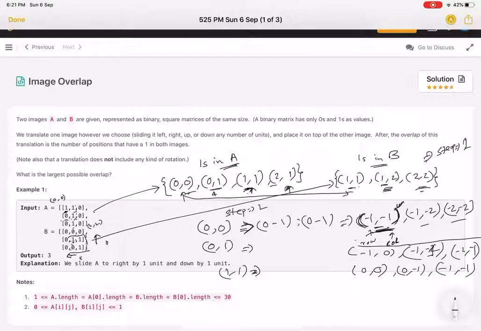Then let's quickly do it for this one also, 2 1. We get 1 0, and then 1 comma minus 1, and then this and this, 0 comma minus 1.